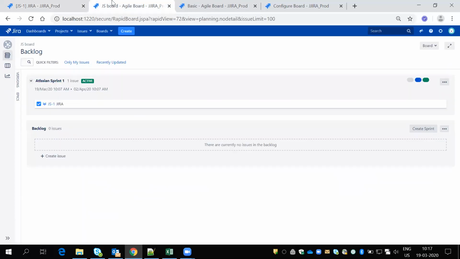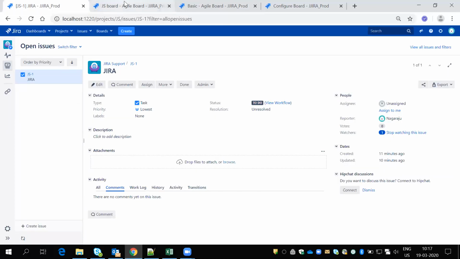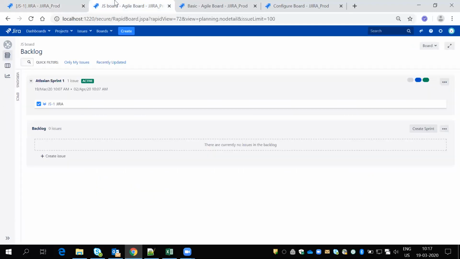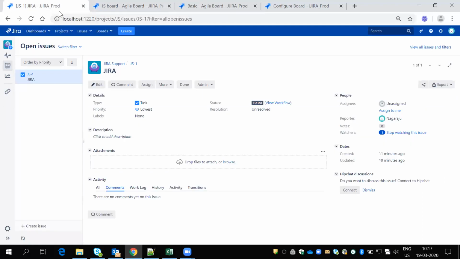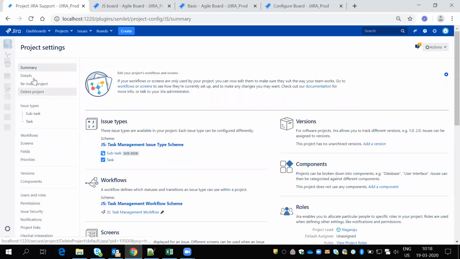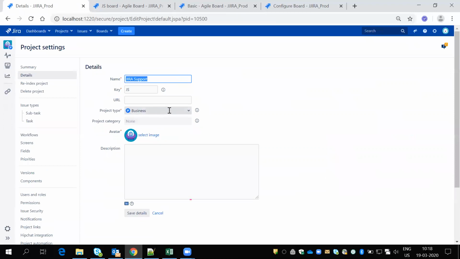So if you want to merge these two, we need to change the project type. The only option is to go to project settings, project details, and here we have business. Just select this, select software, and click on save details.